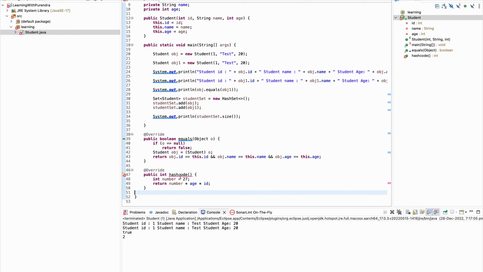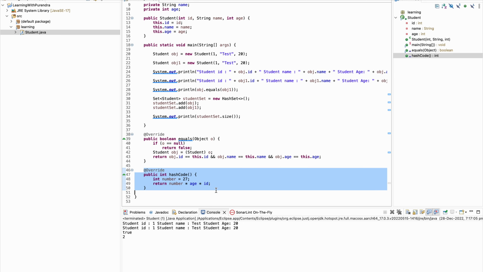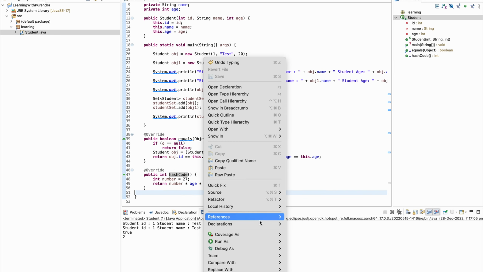The issue was coming because I provided the wrong naming convention. The correct method name is hashCode, because it follows the camel casing convention. Now let me run this program again.